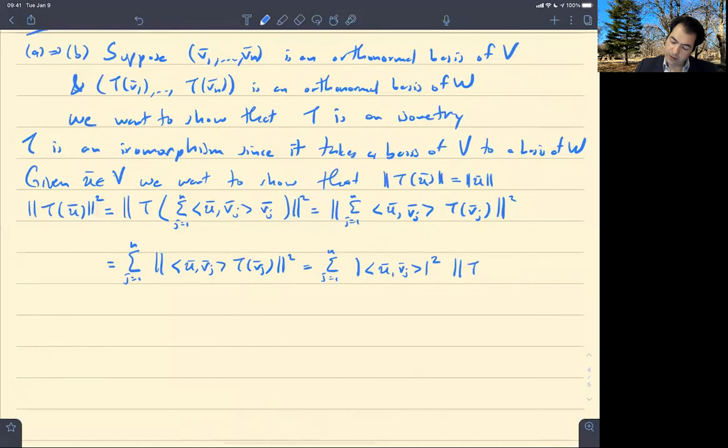And then I'm left with the norm of T of vj squared, and the norm of T of vj squared is equal to 1. So I can write this as the sum, j goes from 1 to n, of the modulus of the inner product of u with vj, squared. And then I'll just say similarly,